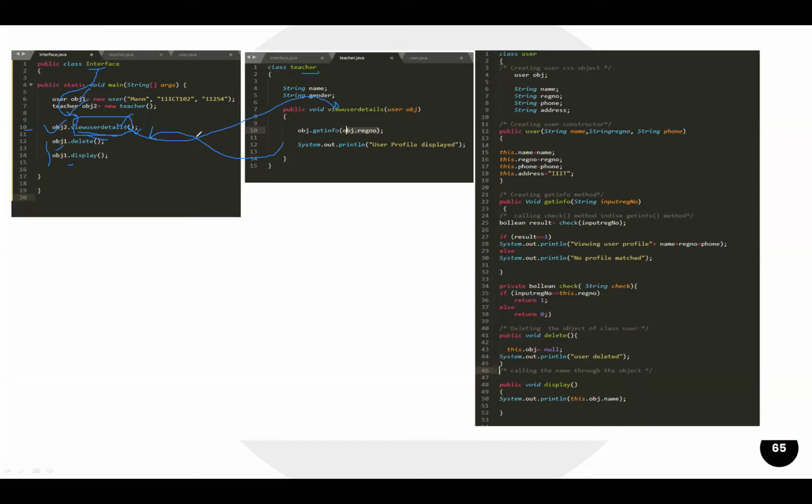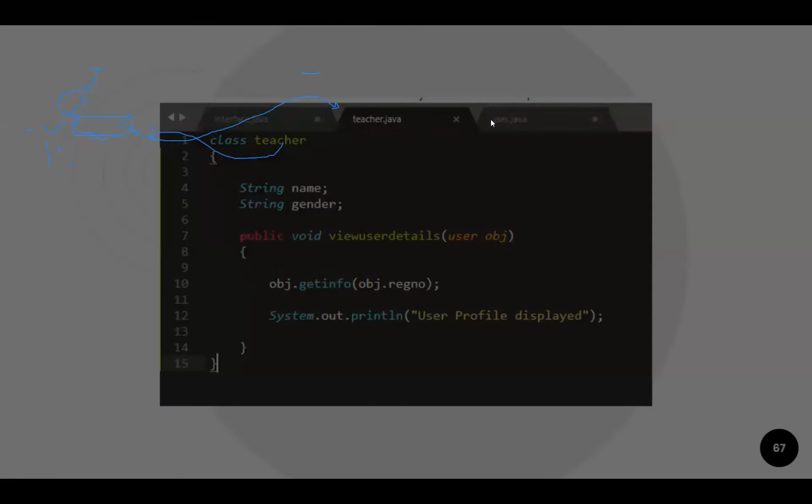In terms of the sequence diagrams, this calling is what we call message passing, right? So this message passing is a synchronized type. Is it clear as of now? Yes? Yes, sir.